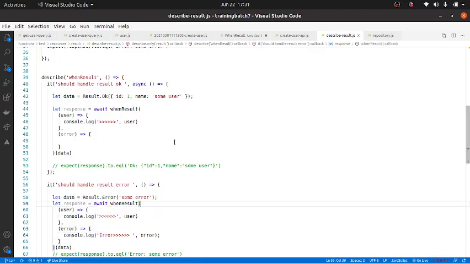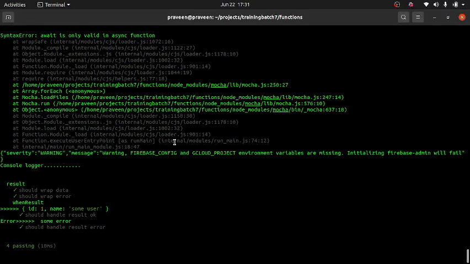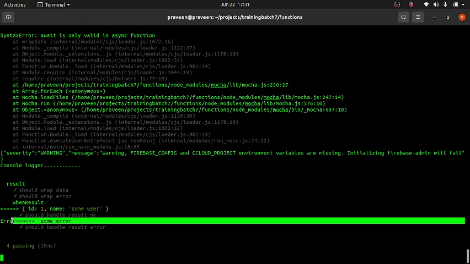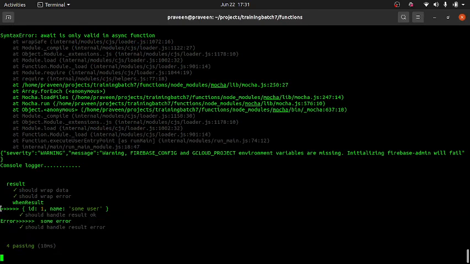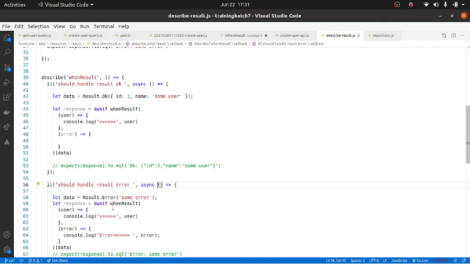It needs to be async, so I'll make this async. Here it printed the error, and in the first case it printed the data.